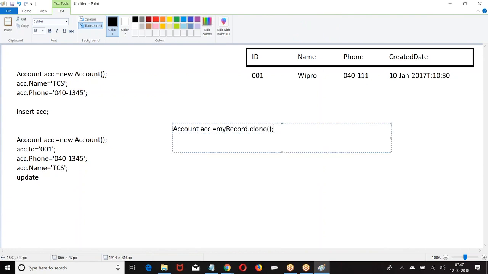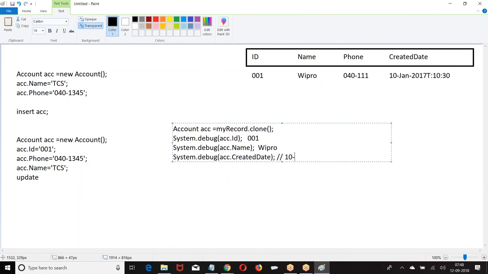When you say my record dot clone, this is how we are going to get. When you say clone, exactly the same record. The same thing if I create like this.